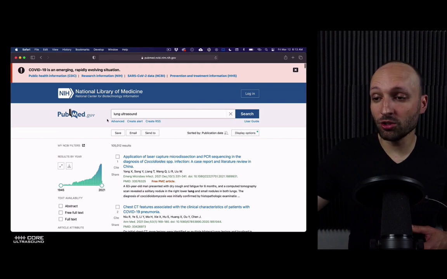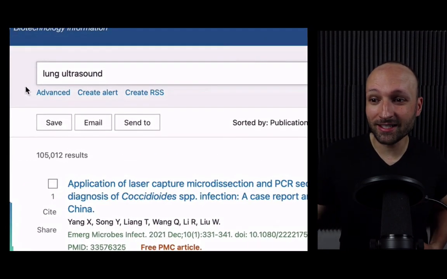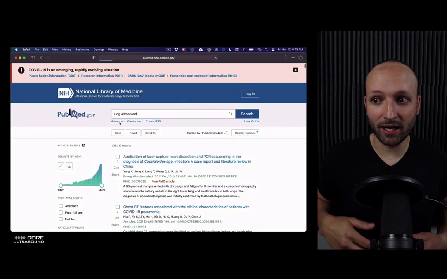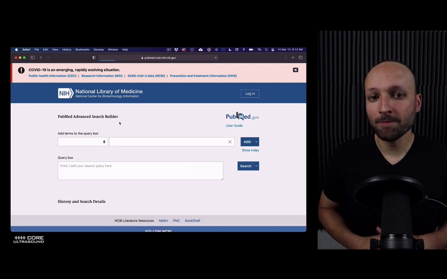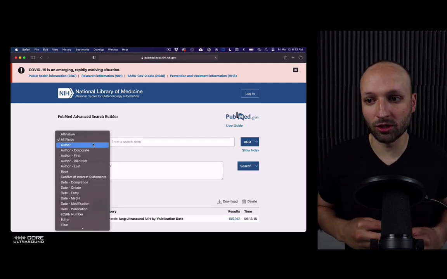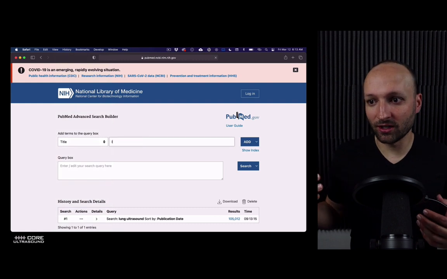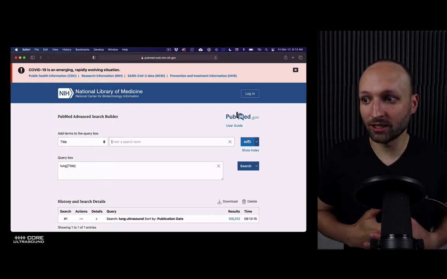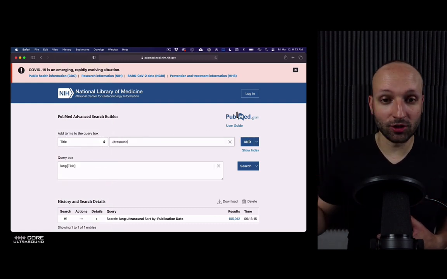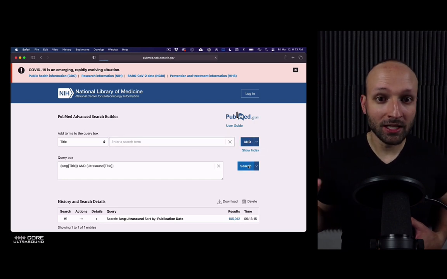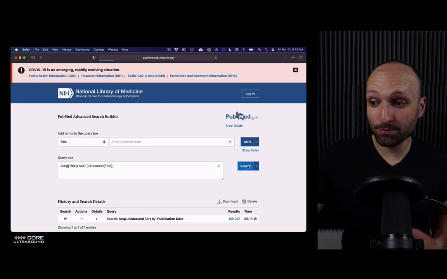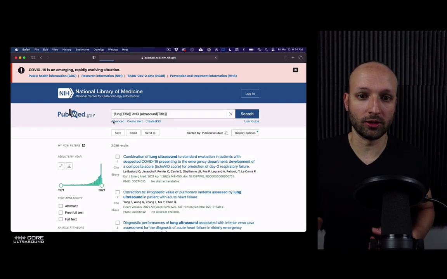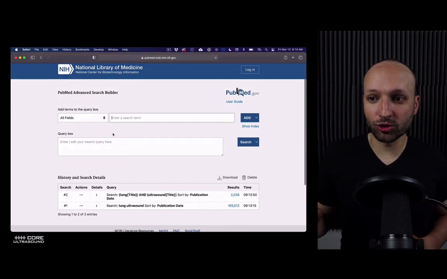So what I'd suggest doing is you go over to the advanced function, which is right here. You click that advanced function and you can actually tell it exactly what you want to look for. So let's say there's a specific thing you want to look for, like lung ultrasound. Type in lung and you can add it to the query box and then add another one. And then when you hit search at this point, it's only going to show you articles that have lung ultrasound